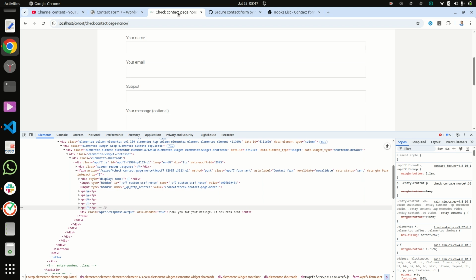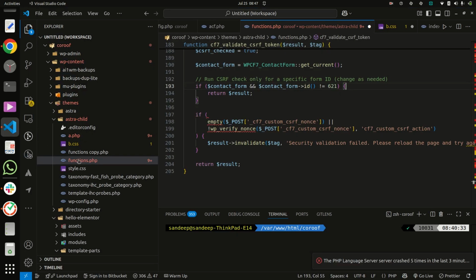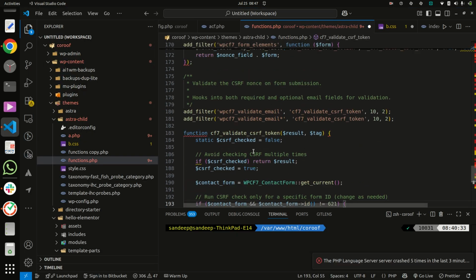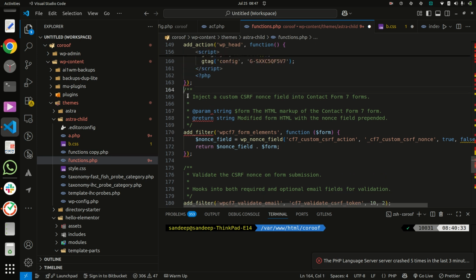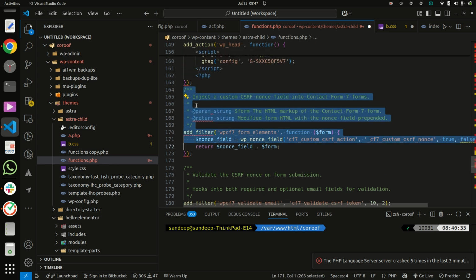So first I am showing it without a nonce, and after that I will show you with a nonce. I am removing this code from my end.